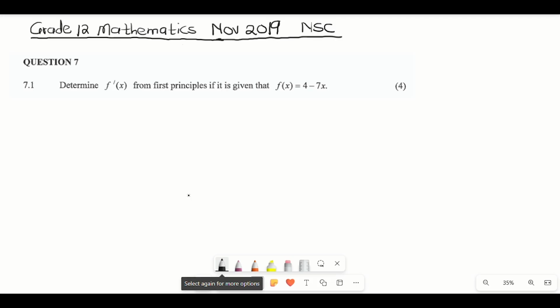Determine f prime of x from first principles if it is given that f of x equals to 4 minus 7x. So we've been given f of x equals to 4 minus 7x, and we have been asked to find